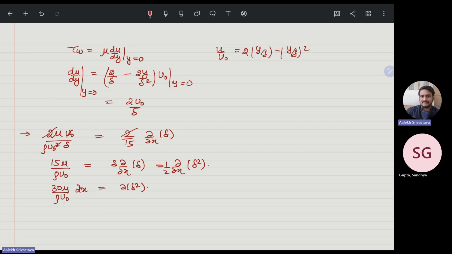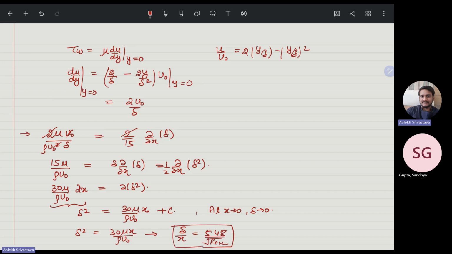Now, this is a function of x only, so we will try to integrate this. So delta square is equal to 30 mu by rho u0 into x plus some constant. And for the constant, at x tends to 0, delta tends to 0. Therefore, delta square is equal to 30 mu x by rho u0. And if you do the recalculation, you will get delta by x is equal to 5.48 upon under root of